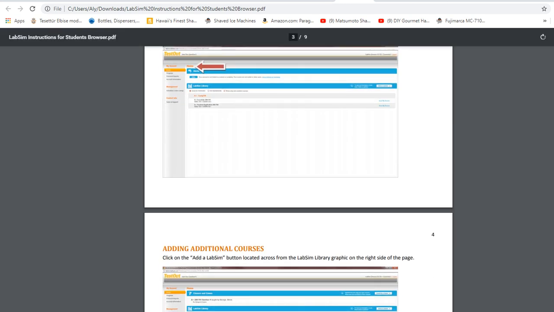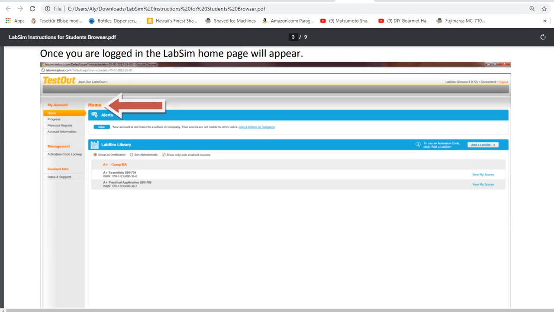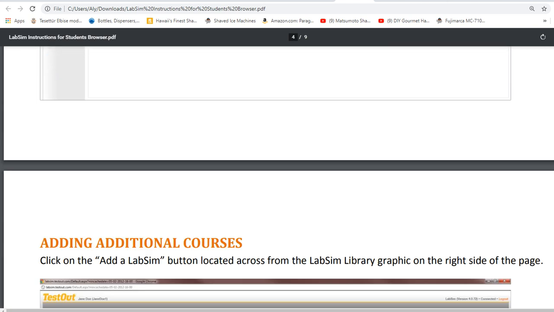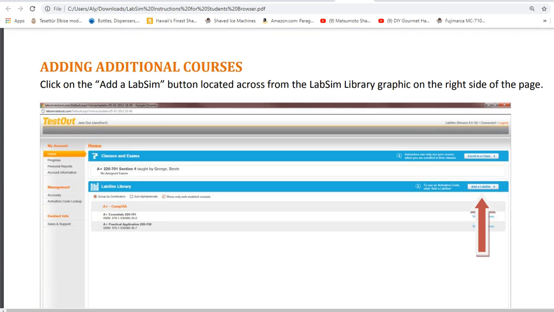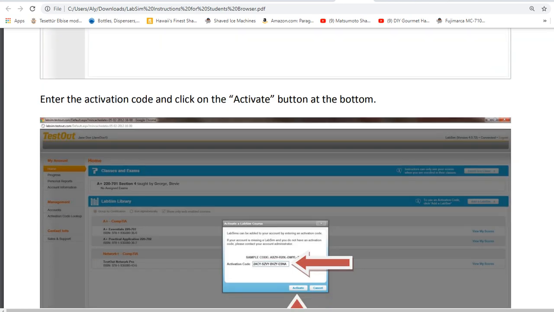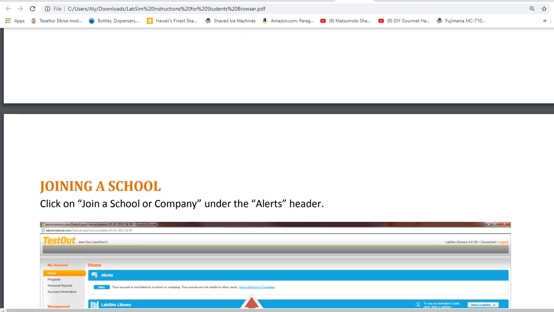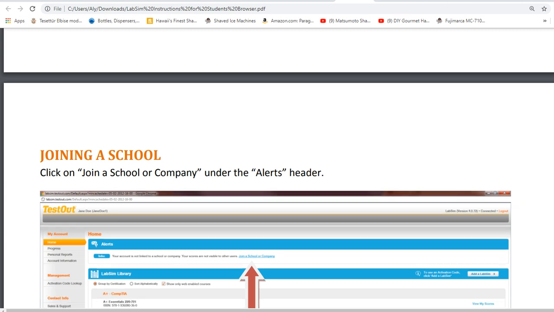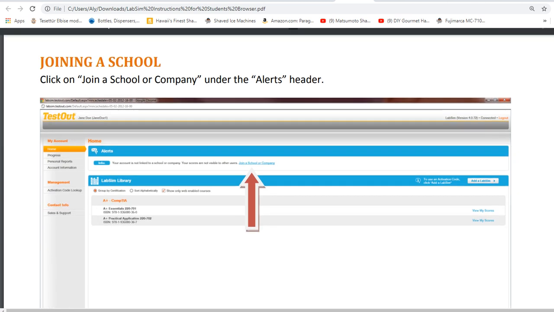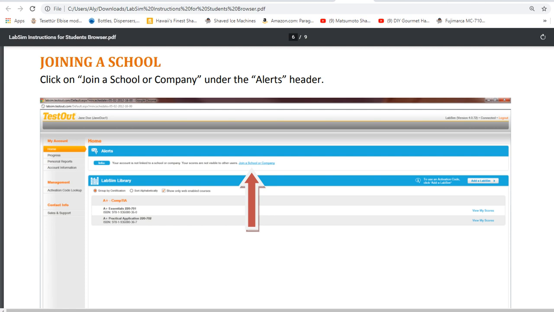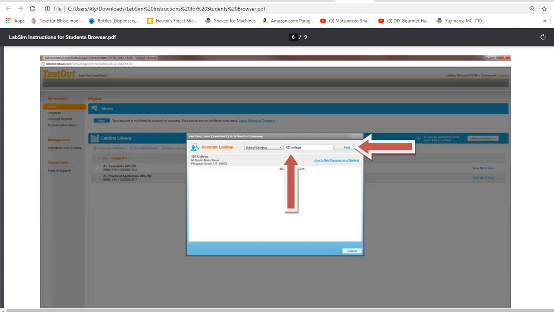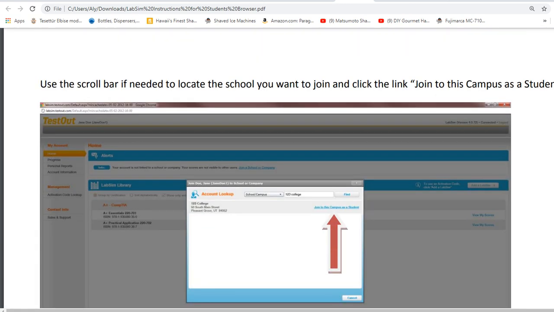Let me try to make that a little bigger. So home, and then you join. The only thing is adding additional courses. So basically, adding your course is the issue where students forget to add the course, which you can basically look me up by last name, HACHEM. So you join the school. That's really the step where students forget. Join the school, which you'll put, Mott Community College. And then from there, you'll be able to look up,